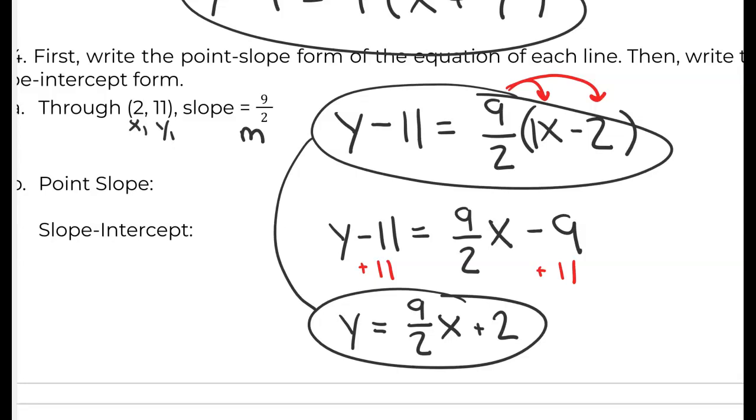All right. So kind of going back to Shane's question, what do you need to know for a test or something? You need to know, we're going to start off, you need to know how to do this, just what point slope form is and where to plug things in. And you'll also have to get to the point where you're comfortable taking this point slope form and switching it into slope intercept form. So just by distributing and adding your number that's with your y over to the other side. So on the back side, the part that you will do